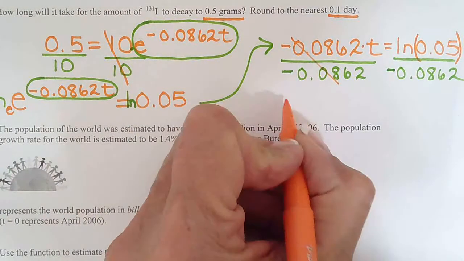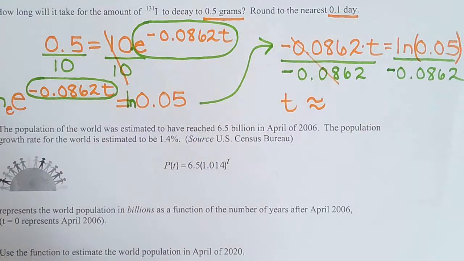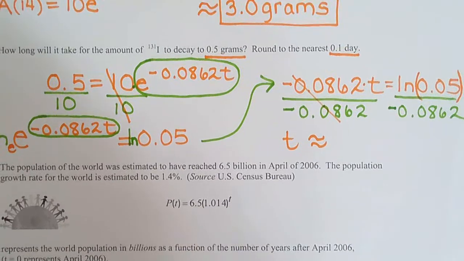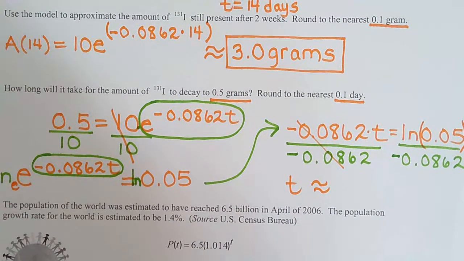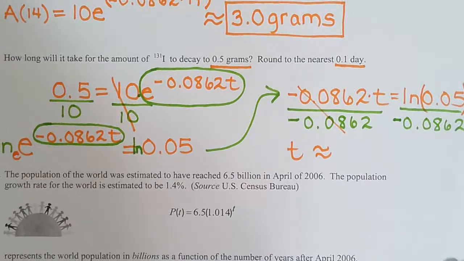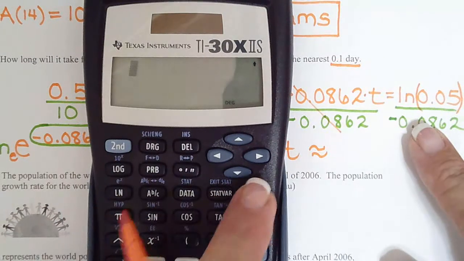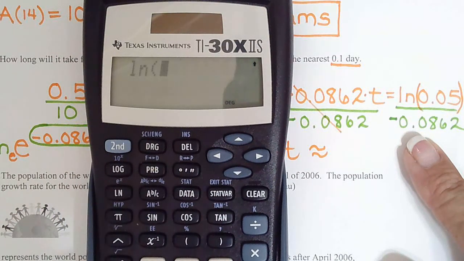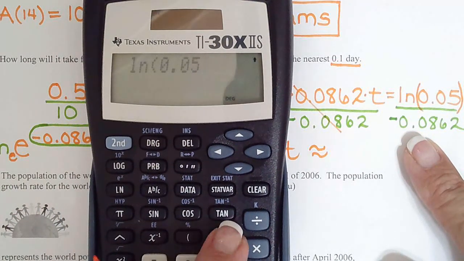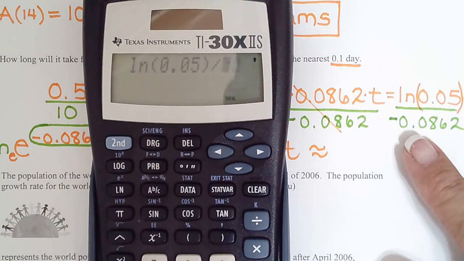Okay, so t is approximately, because remember how it said round to the nearest tenth of a day. One thing you need to keep in mind is we know it's bigger than 14 days, so we can kind of see if our answer's on the right track, because at 14 days there's still 3 grams left. So let's see what we get. Natural log 0.05. Close your log. Divided by negative 0.08